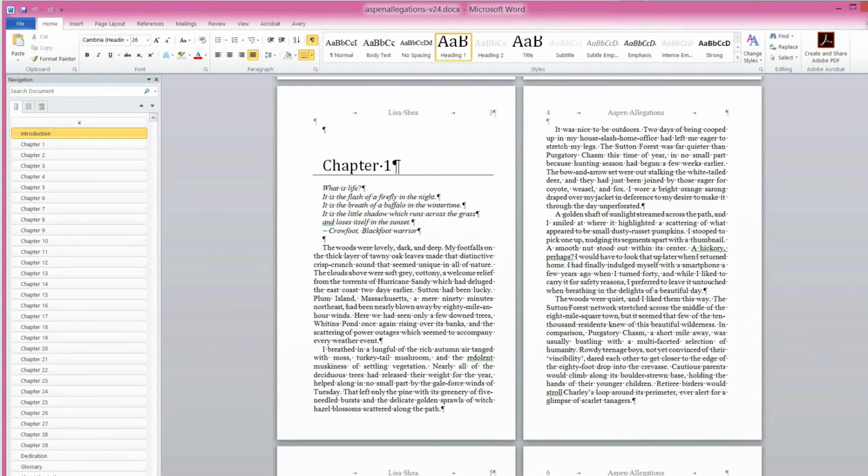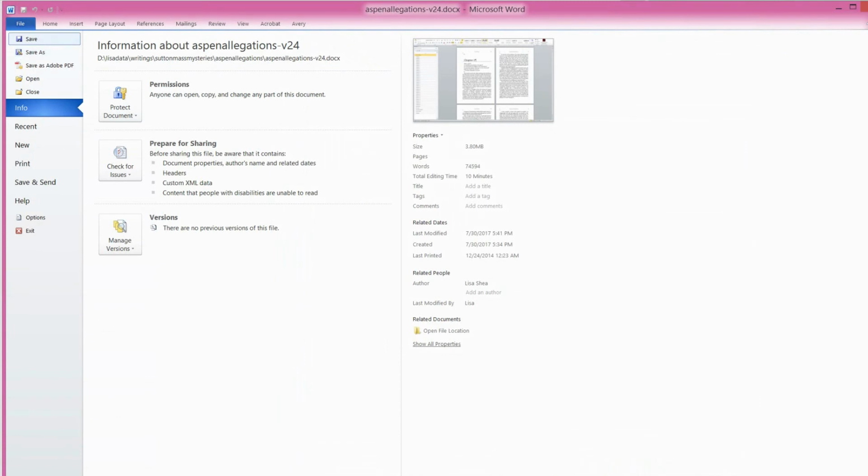I have lots of other tips on my Lisa Shea site about how to put footers in and how to put chapter headings in and all that kind of stuff. But in general, if you set your page layout up properly just in general for a Word document, then it will work just fine for an ebook, because the ebook program will strip out the headers and the other kind of stuff. So when you're ready to make your ebook, make sure you save a copy of this document the